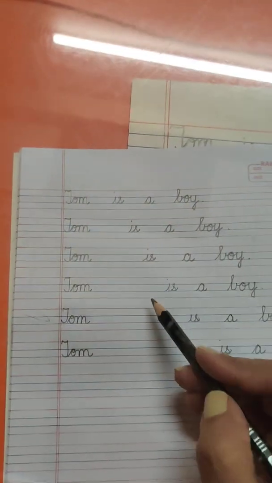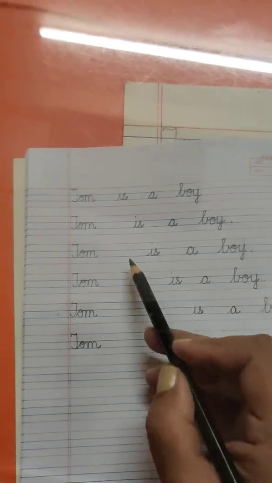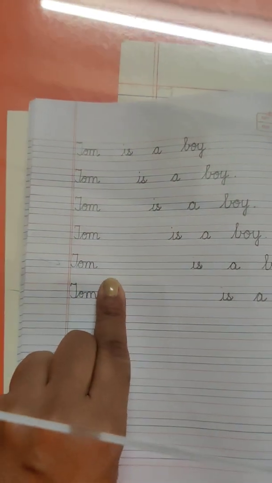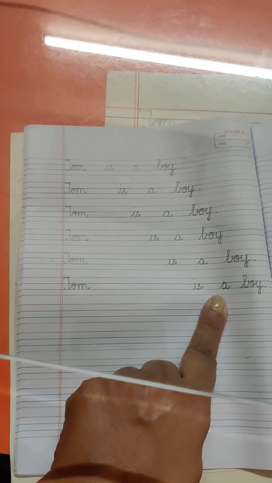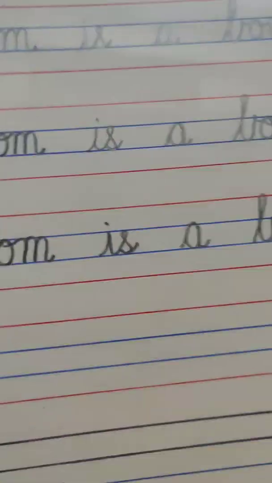Okay. Now see, if you do not keep the finger and your line is going slant every time, this is what is going to happen. If you keep your finger here, then this thing won't happen. Is that clear? So now you have come to know how you will write.